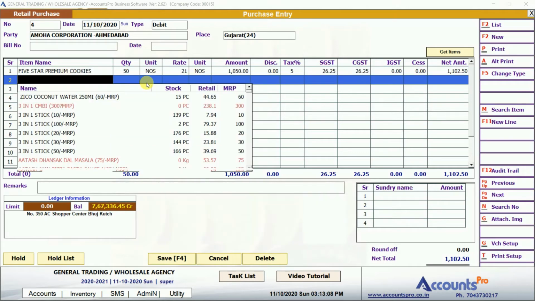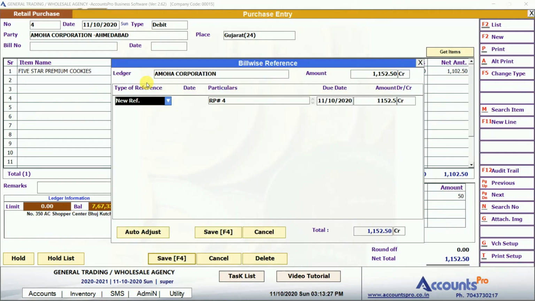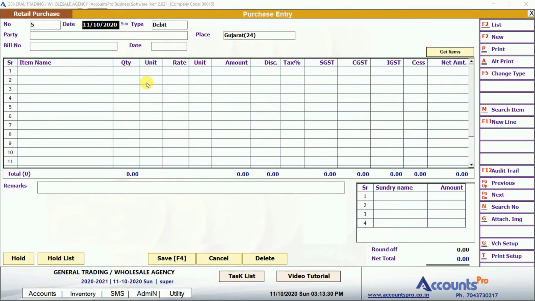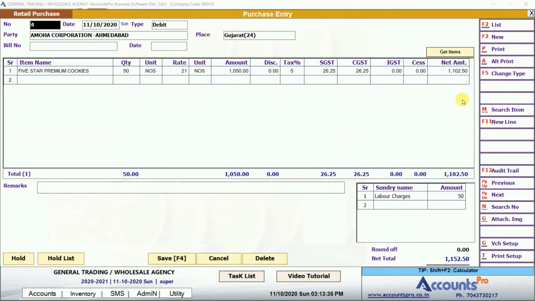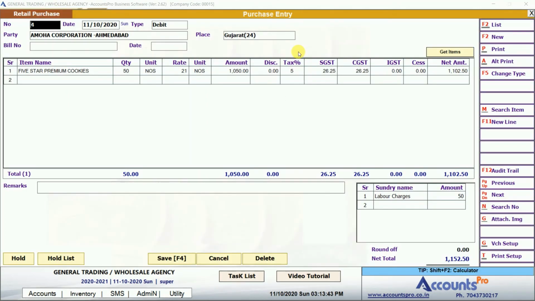Net amount says okay, so if I purchase one item, then I come to the red sundry section. Sundry means some additional expenses apart from the item. If you have paid some transportation or labor charge, you can enter it here. For example, 50 rupees. So total bill amount is 1152.50. I say save. So one bill is saved. If I want to check that bill, I go to the previous option. Okay, so this bill appeared. Here we have a list option also. You can check all the purchase bills, enter till date. Double click on the bill will show you the bill on the screen. So we have created one purchase.